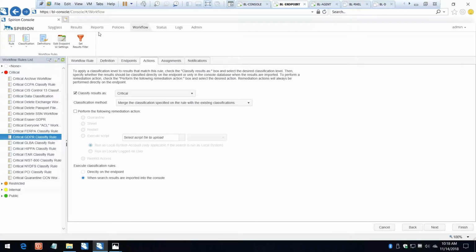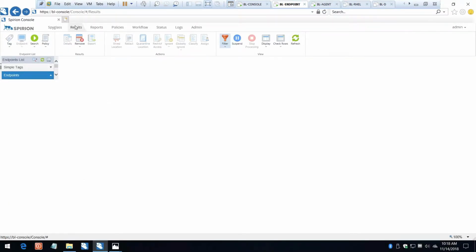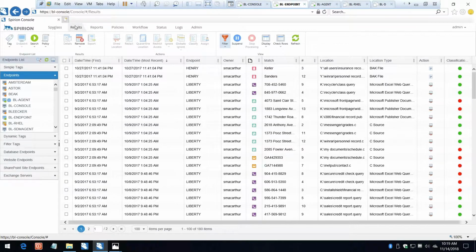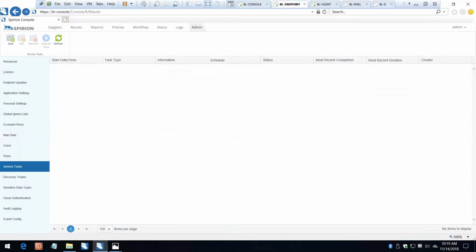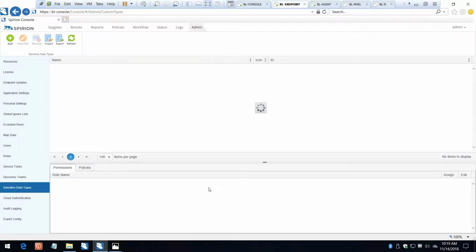So when I come to look at my data in the results or through reports that I can build, I know that the data I'm looking at is truly sensitive in nature. It truly is the type of data that I'm hoping to find. And that's something that Spirion does really well. So in addition to finding that type of data that we just looked at, we also look at various types of data when it comes to GDPR, and we have several hundred types of data that we look for.